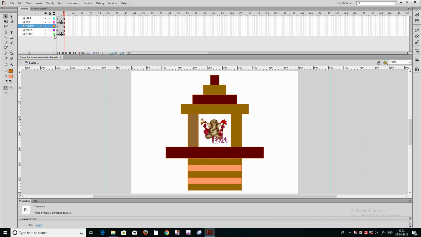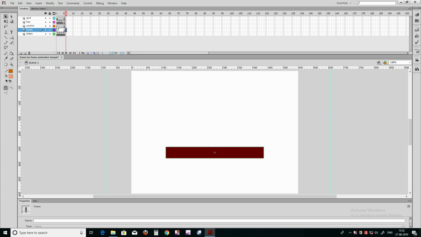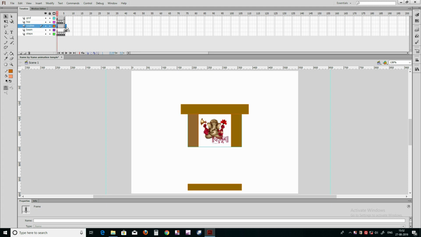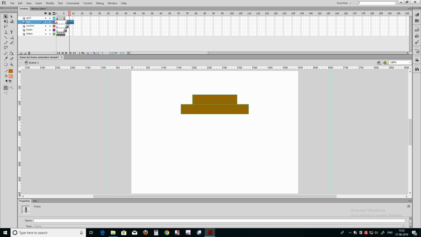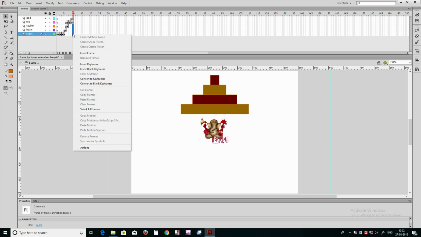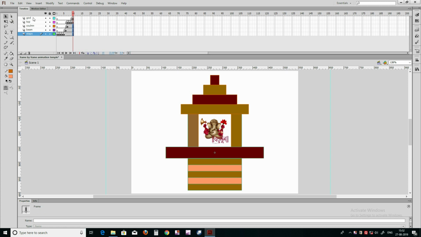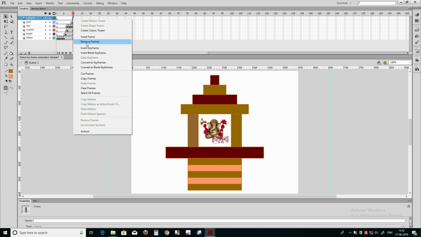So we are going to make this as a frame by frame animation. That's why I'm placing all the keyframes one after another in each layer. So we will get a frame by frame animation. Insert a frame there. Okay, now above god layer, take an action, insert a keyframe,